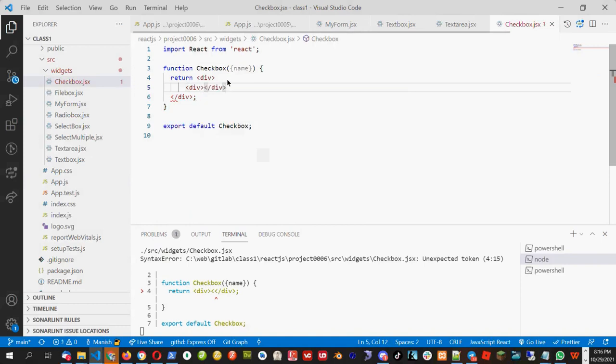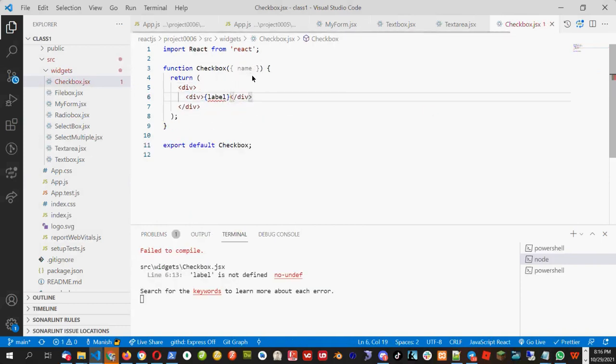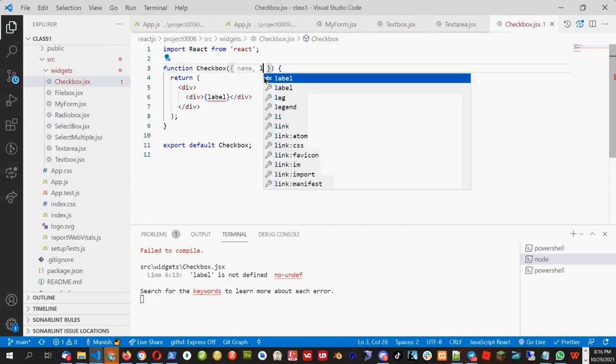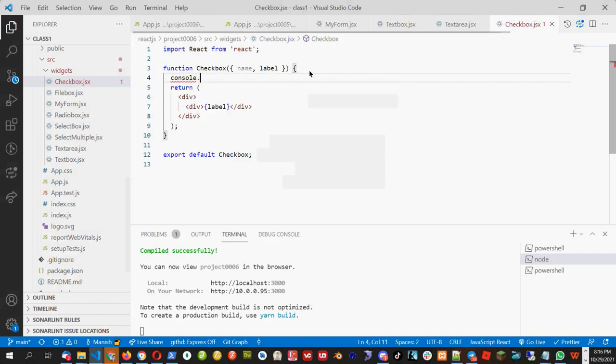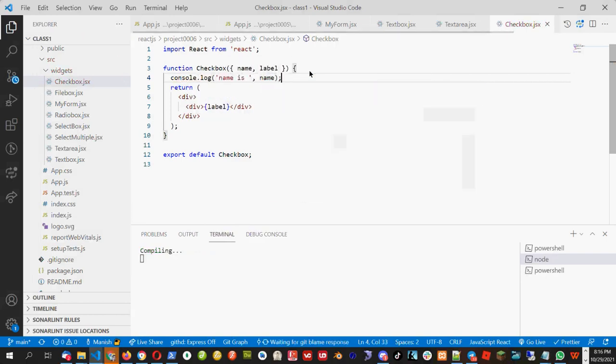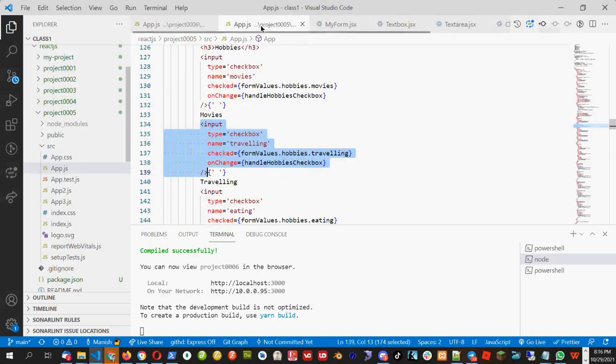Let's put some div, and where I will put the label. So I need the label also, and I need the name and label. Okay, what other thing I need? So maybe I will write down the console.log name is name. We need to build it. We have to think and build it. Like we have this checkbox,